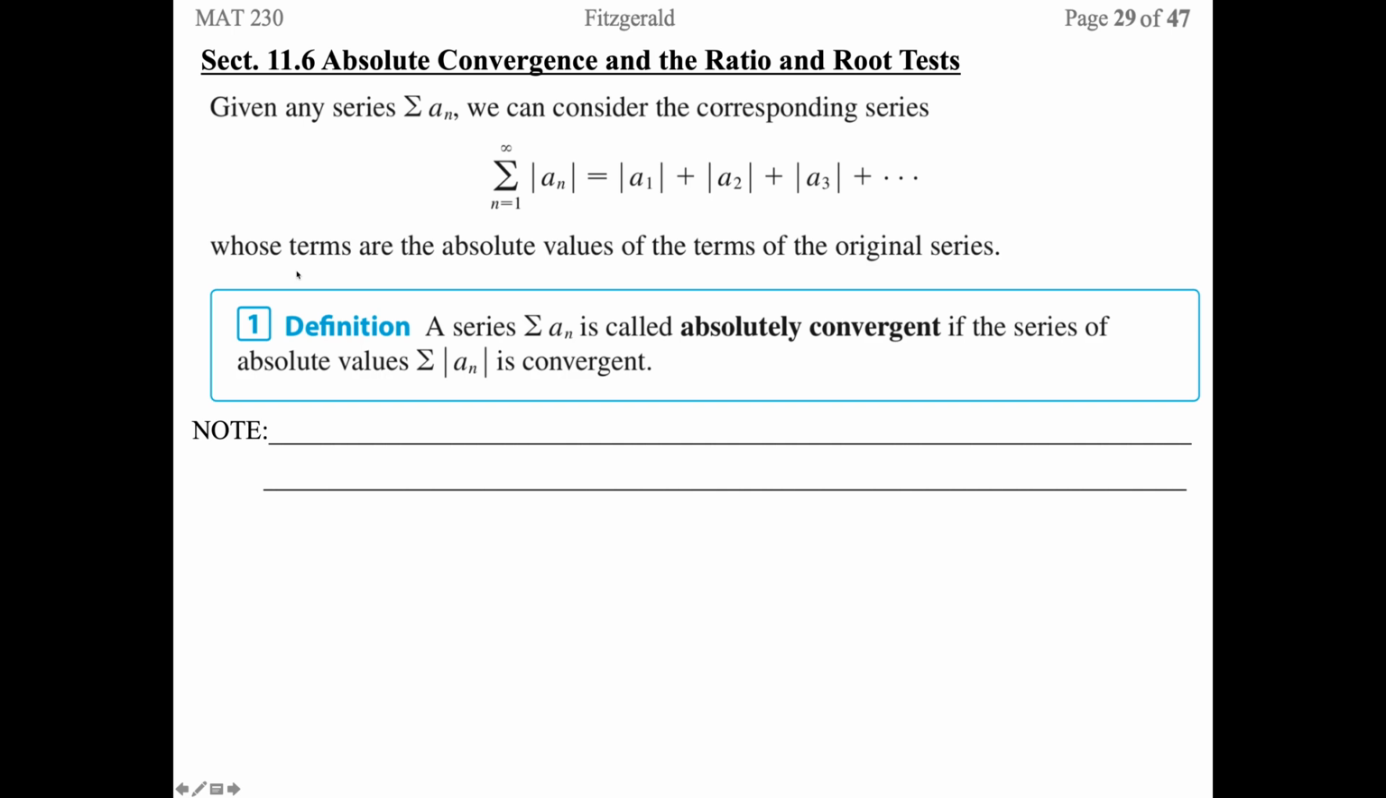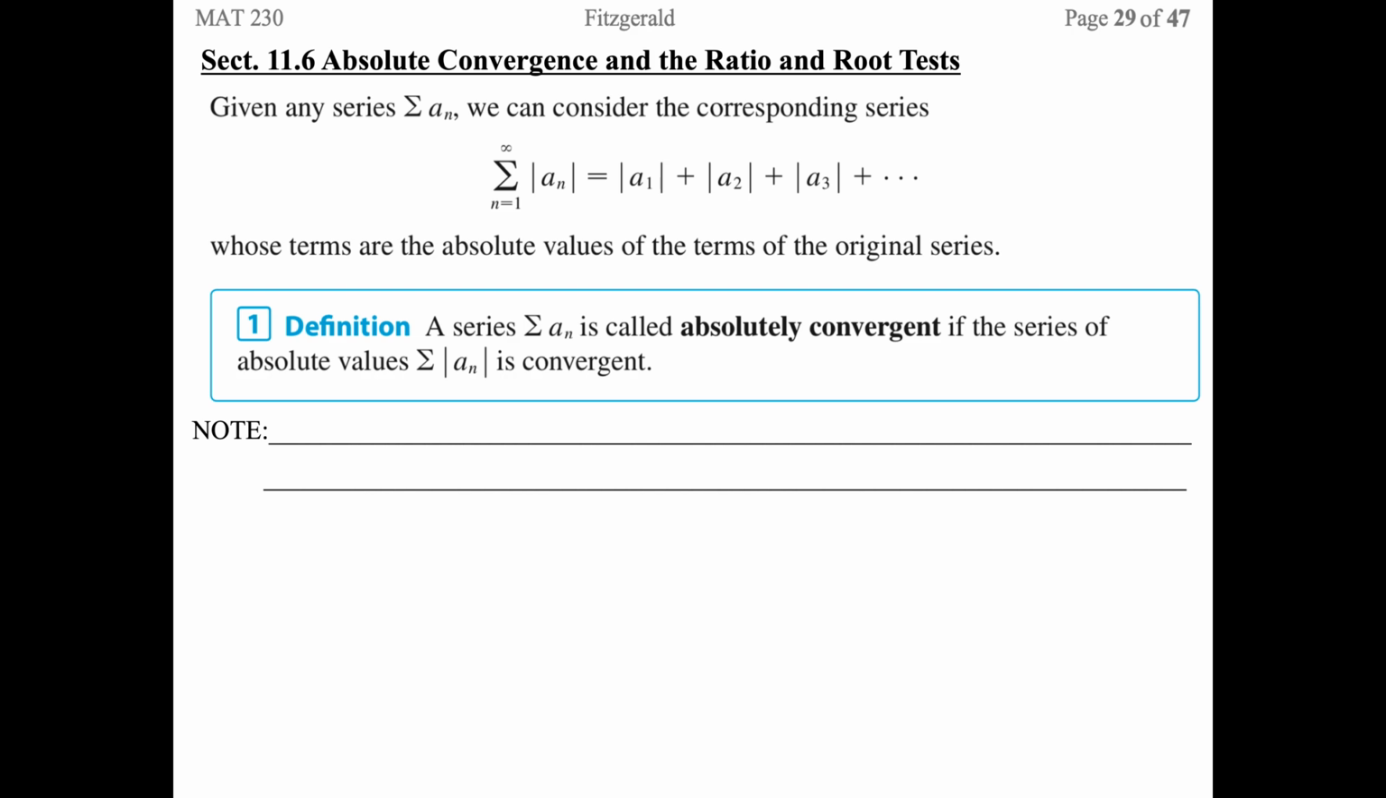11.6, absolute convergence and the ratio and root test. So here we're going to be given a series, the summation of a sub n, where we're going to consider all of our entries of our sequence as absolute values of the terms. So if this is the way our series is set up, we can call our series,